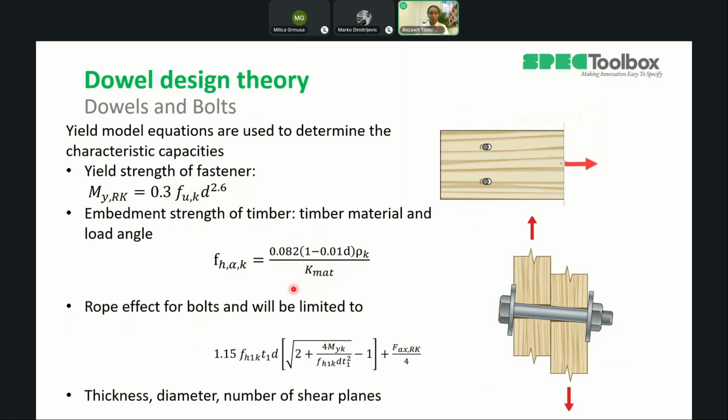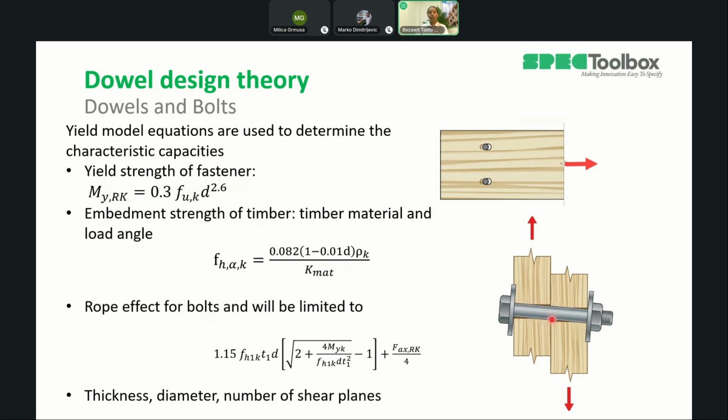The next one is the rope effect. The rope effect is only applicable for bolts, and for dowels we will have a zero rope effect. What the rope effect is: if we have a lateral load, as you can see in this picture, this load will tend to elongate the fastener, but this elongation will be resisted by the heads of the fasteners. This has a clamping effect on the overall system, and this clamping effect will increase the lateral load carrying capacity. So this is basically the withdrawal strength of